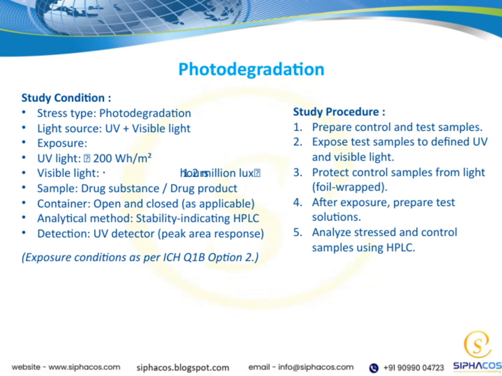The light source combines UV and visible light, with UV exposure reaching at least 200 watt-hours per square meter, and visible light exposure reaching a minimum of 1.2 million lux-hours. We test both drug substances and drug products, and samples are placed in open or closed containers as appropriate. All of this follows the guidelines outlined in ICH Q1B, specifically Option 2, which standardizes the conditions for photostability testing. By carefully controlling these parameters, we can evaluate how the drug behaves under light exposure, ensuring its stability and safety